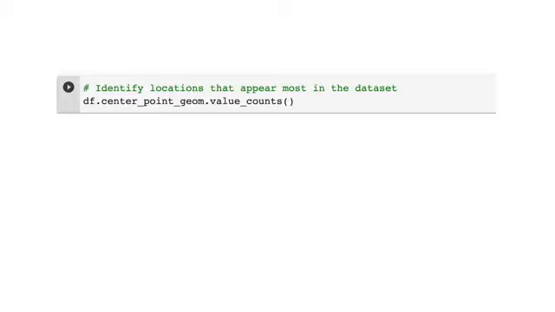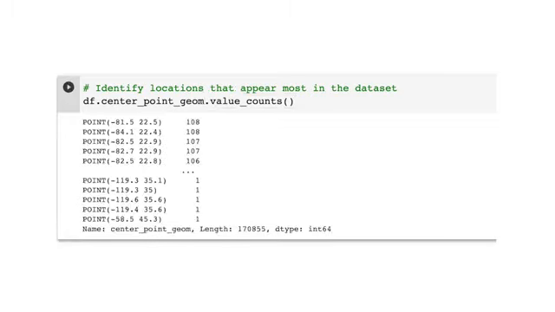Next, let's look at the number of strikes based on the geographic coordinates, latitude and longitude. We can do this by using the value_counts function. We type in df followed by the center point geom. Then we type in .value_counts with an empty argument field.